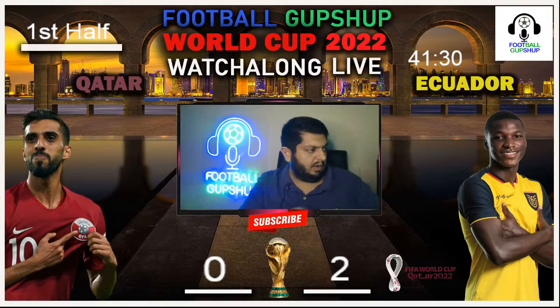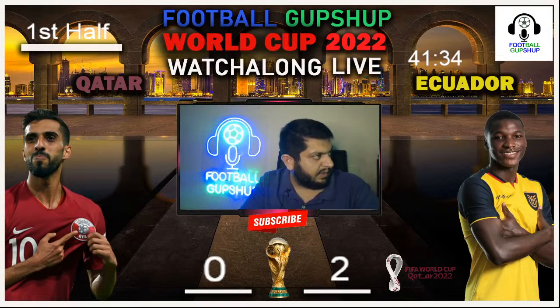And right now, the ball has been pushed back to Qatar. Qatar was once again with the ball, trying to put it forward. Still trying to play it forward. Still with the ball right now, and the ball being pushed in. But Ecuador put the ball out. So 42 minutes in, Qatar nil, Ecuador 2.